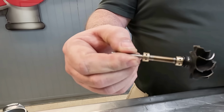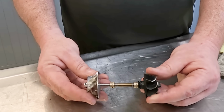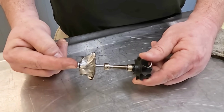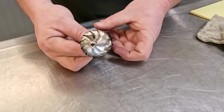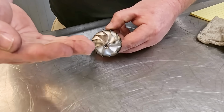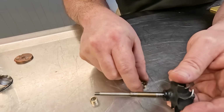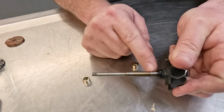This cute little guy is the turbine wheel, and this is the compressor stage. We've done several theory and operations, but exhaust driven here, and then this is fastened to the common shaft, and the exhaust driven turbine wheel turns the compressor wheel, which draws air in and forces it out into your engines. The magic happens right in here, and if you look, this is a journal and this is a journal, and